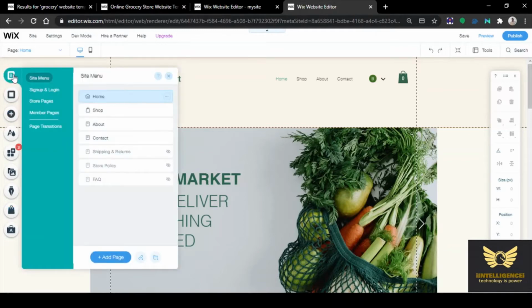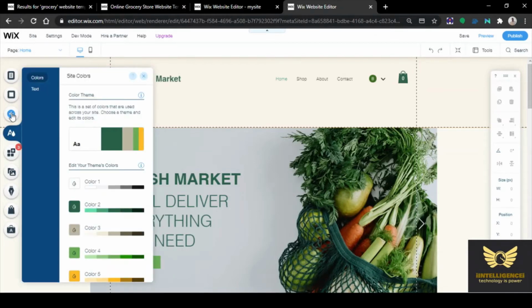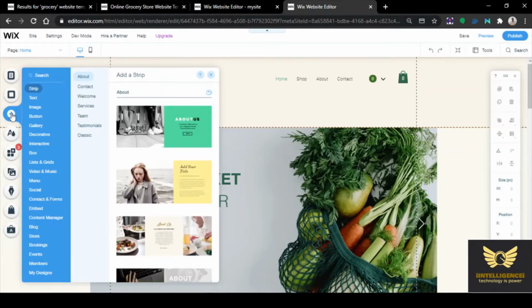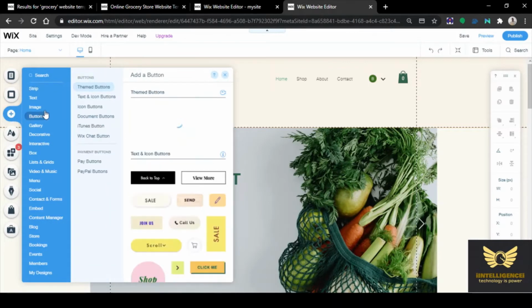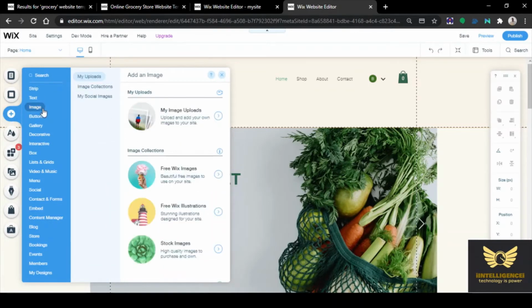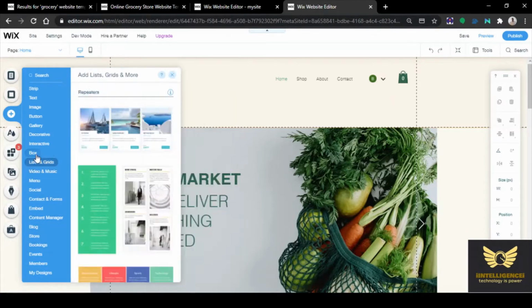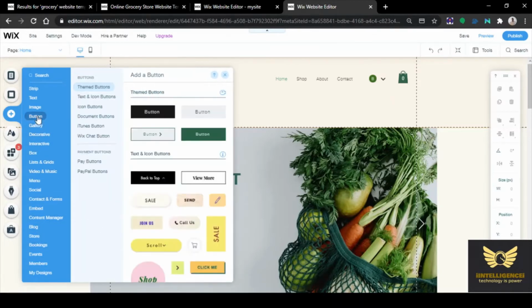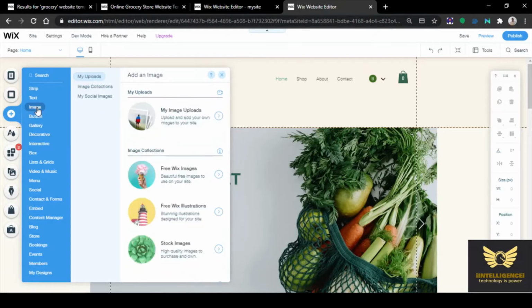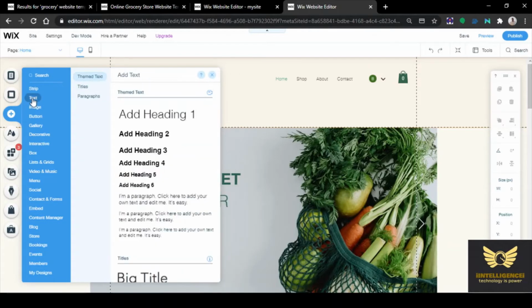So let us explore. So many options are there which you can study in detail.